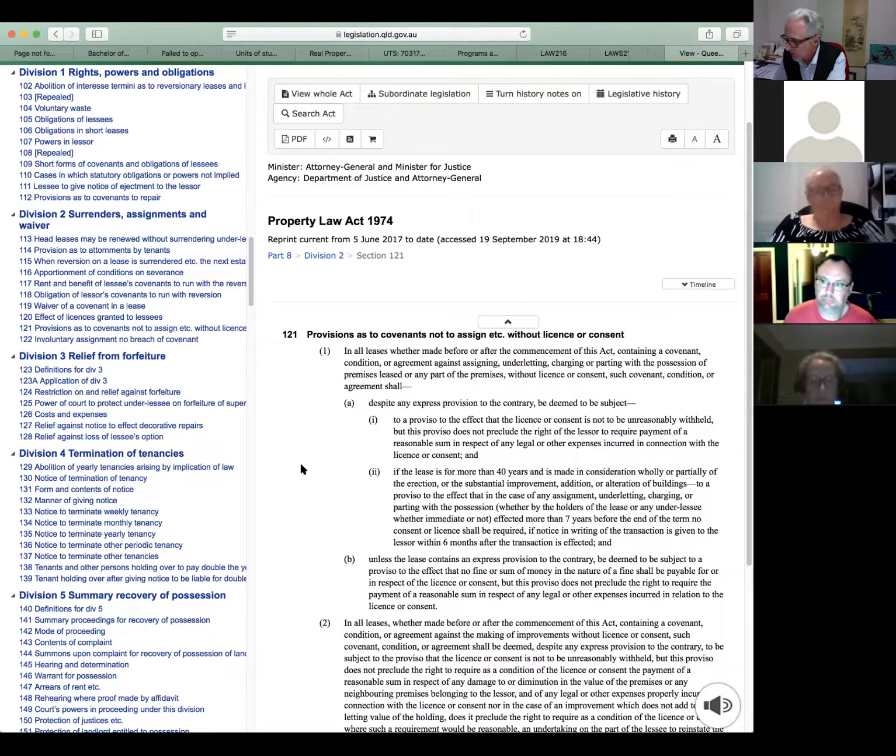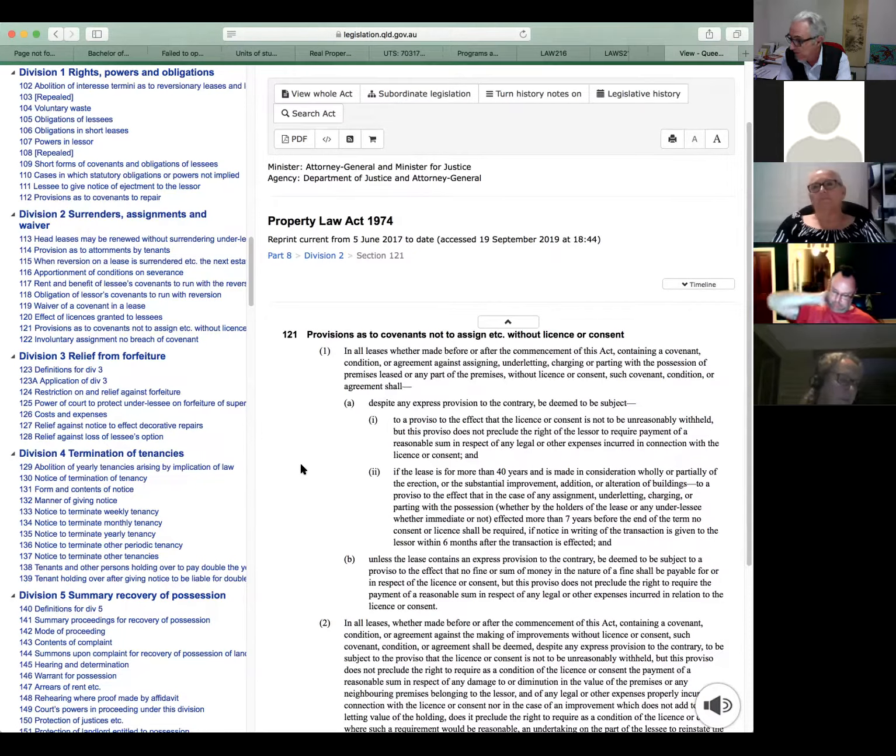So it says that shall not sublease or assign unless the assignee or sub-assignee's financial viability and experience in the relevant industry are acceptable to the lessor. So one of the questions that arises is whether or not the terms of that are reasonable in all the circumstances and then need to be complied with.